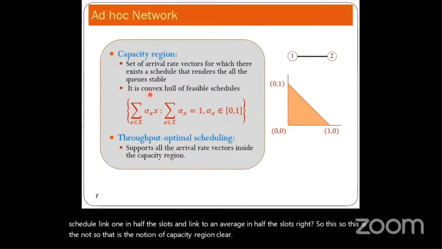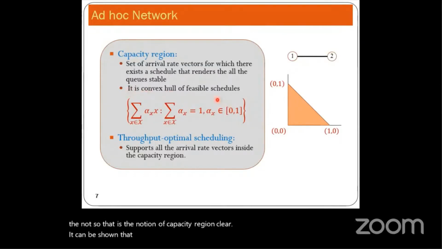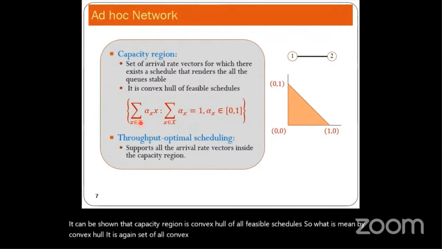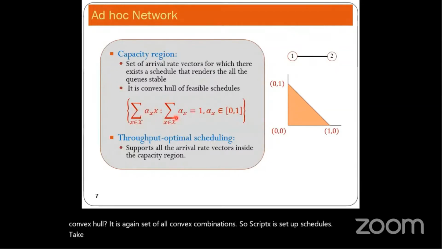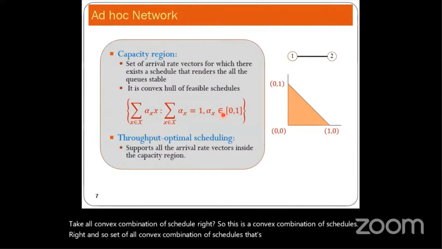It can be shown that the capacity region is the convex hull of all feasible schedules. So what is meant by convex hull? It is again the set of all convex combinations. So script X is the set of schedules. Take all convex combinations of schedules. So this is a convex combination of schedules, and the set of all convex combinations of schedules, the convex hull of feasible schedules, turns out to be the